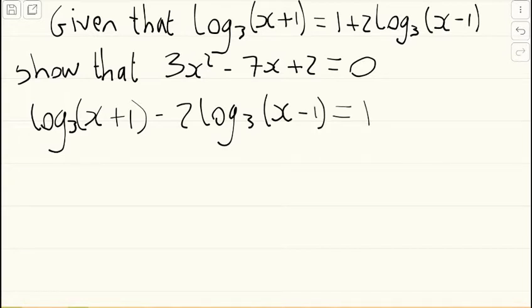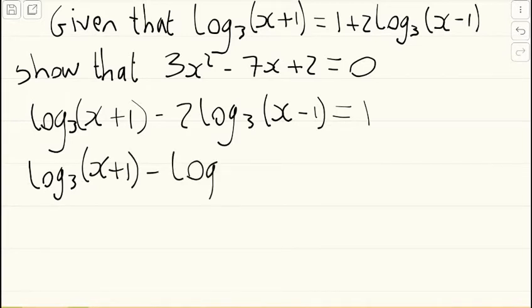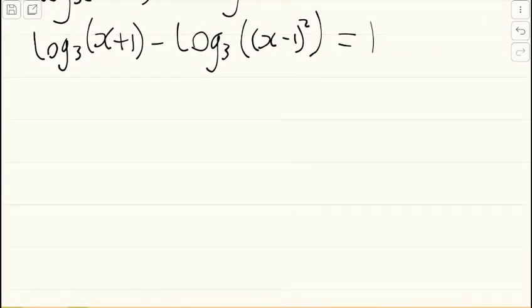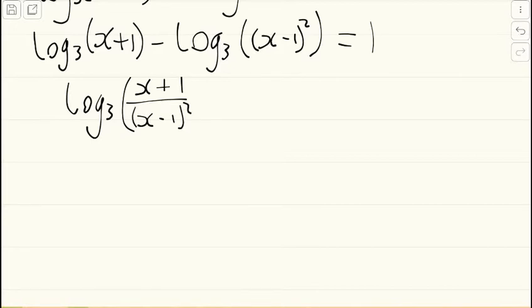And again, combining the logs, I need to use my log laws. So I have log to the base 3 of x plus 1 minus, using the power law, I get log to the base 3 of x minus 1 squared, which equals 1. Now I can combine the two things. Combining the two logs using the division law, log to the base 3 of x plus 1 over x minus 1 squared,